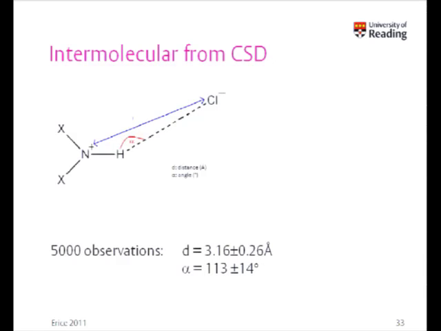If you have something like a salt form, you can apply some additional constraints. Here's a very simple example where you search the database looking for this motif here, an interaction between a positively charged nitrogen and a chlorine as separate entities. When you do the search, you'll find an awful lot of observations and a pretty good idea of the distance from the nitrogen to the chlorine and the direction that it's going to take. So instead of treating these as 2 separate fragments, you can actually treat them as one.